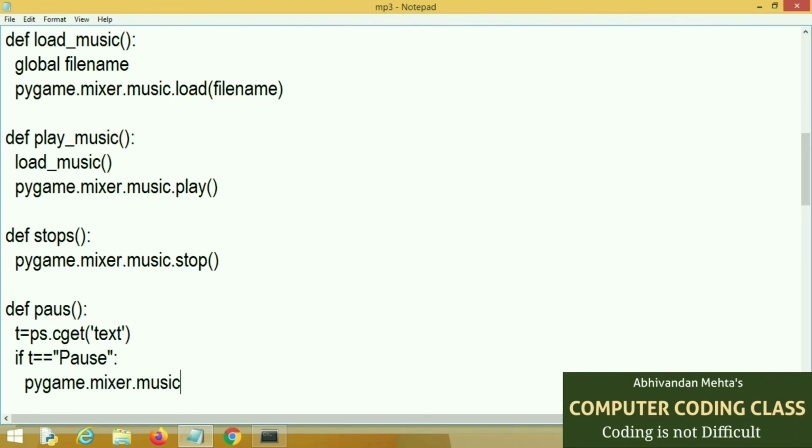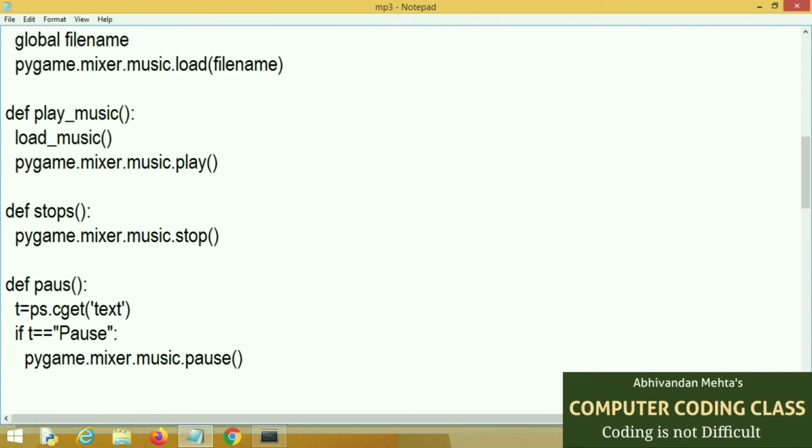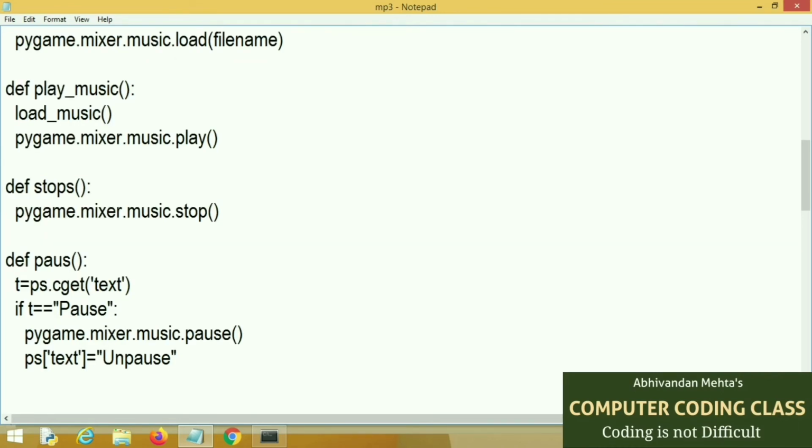The cget command is used to read the content written on any component. If we press the pause button, then its text will be changed to unpause, and when we press the unpause button, its text will be changed to pause.